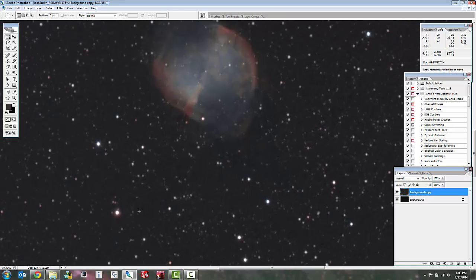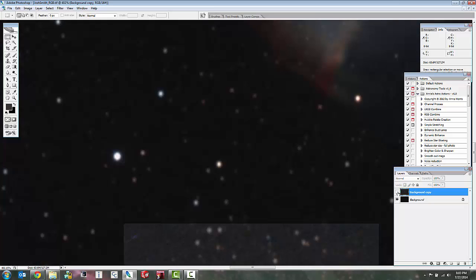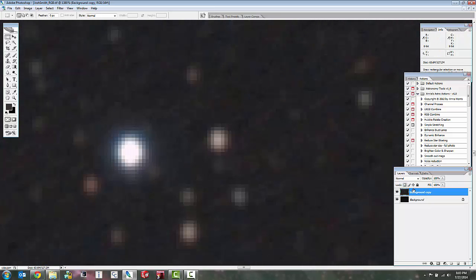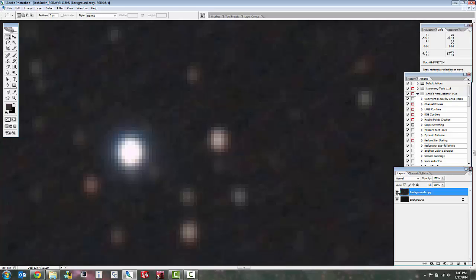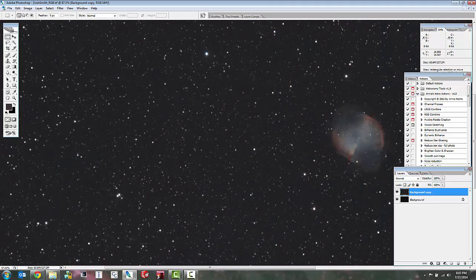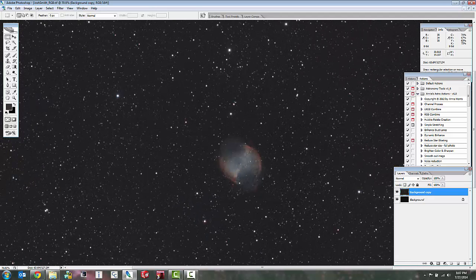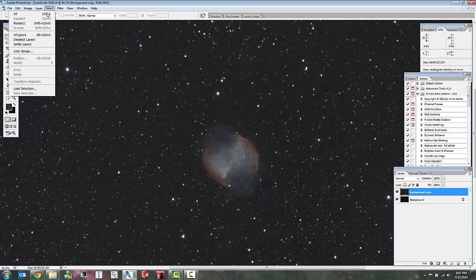So what happened, I can zoom in here nice and close, is that you can see the big halo is already starting to show up around some of these stars, especially these really bright blue stars. You kind of want to keep these nice compact round disks, and instead it's turning into kind of a really fuzzy halo. There's a couple ways that we can take care of that, and the way that I'm going to take care of the first star mask is going to do a selection